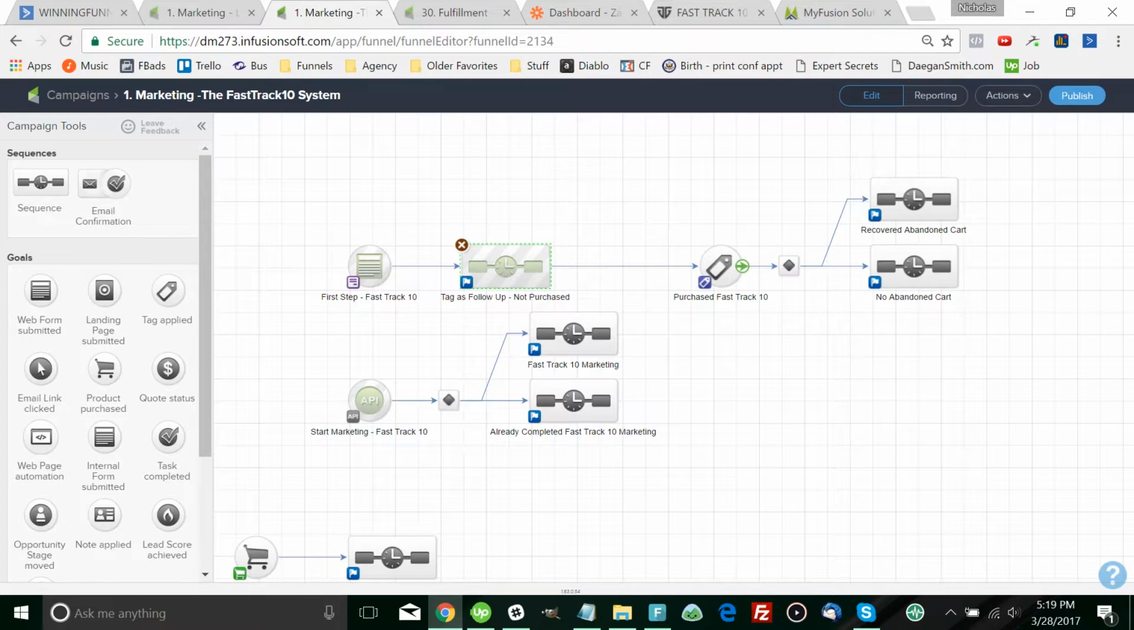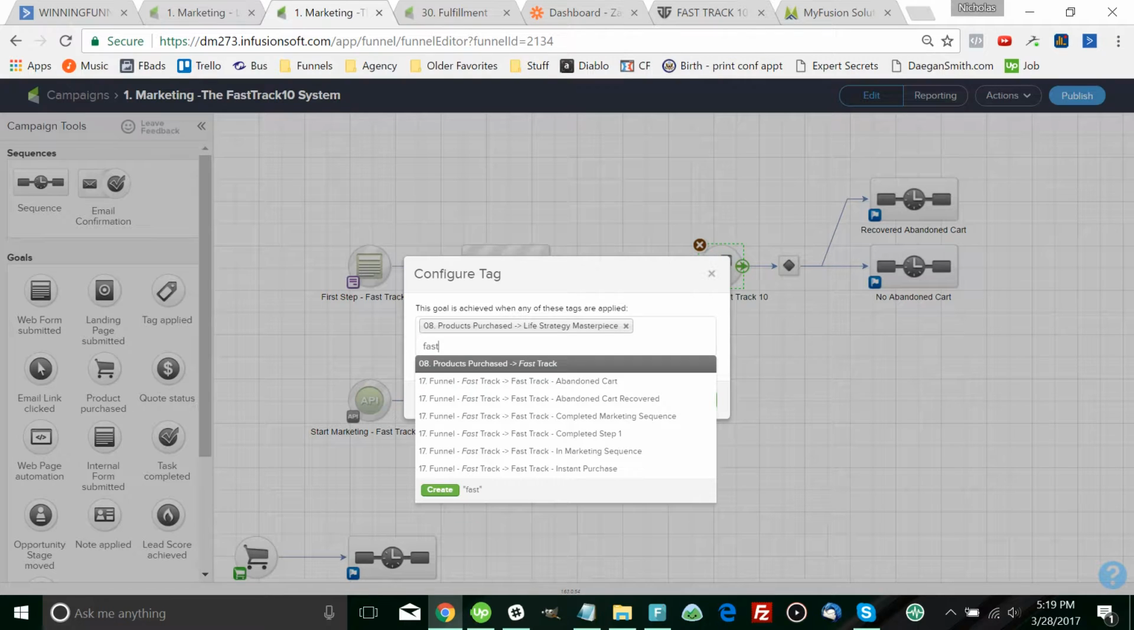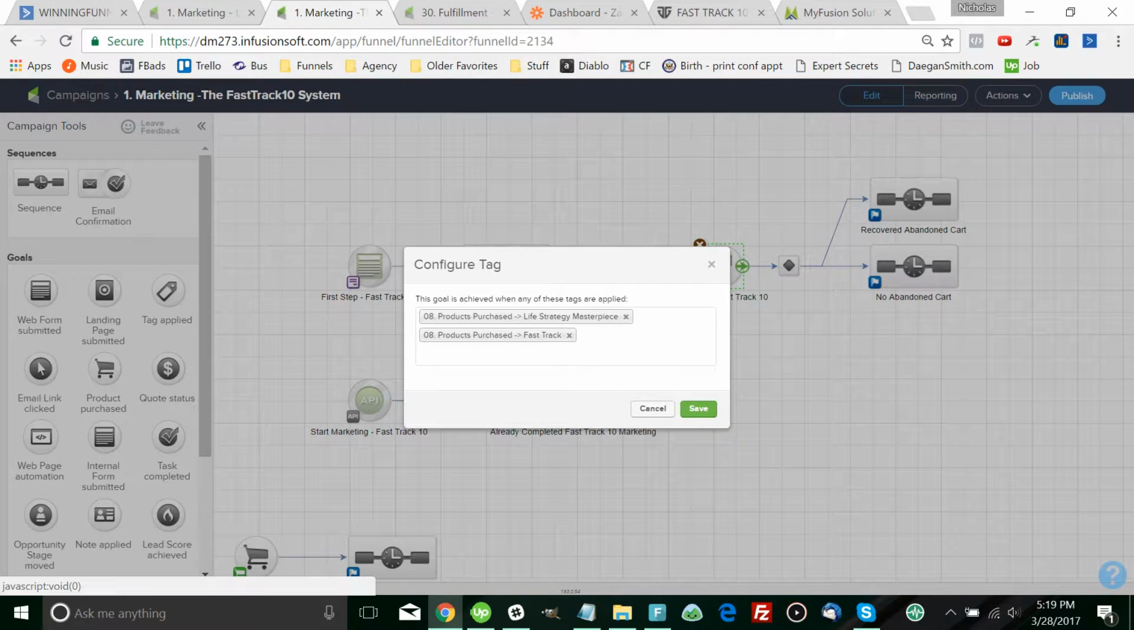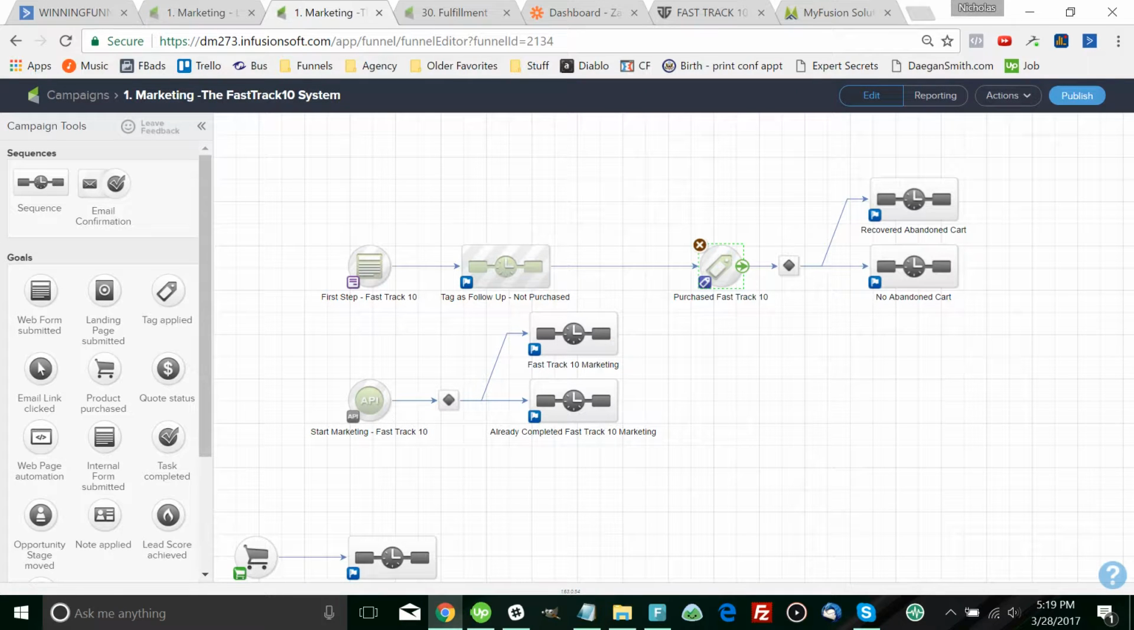These emails, if they purchase from here, we'll just need to add in the fast track purchase tag. So this is going to be triggered if they purchase, then they'll get this tag. So this is the goal for this sequence. So if they purchase, it's going to push them forward. It'll take them out of their emails and whatever. And then